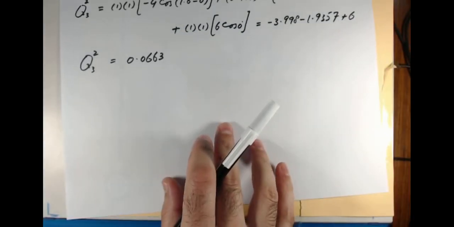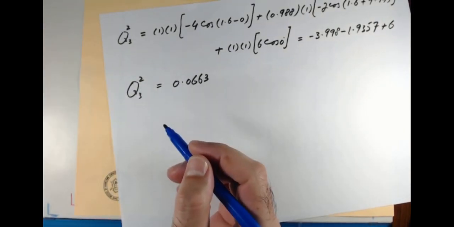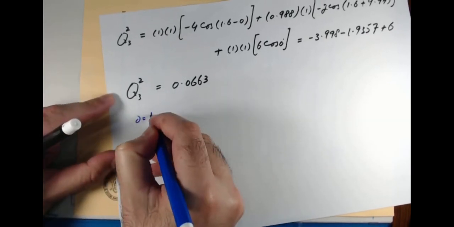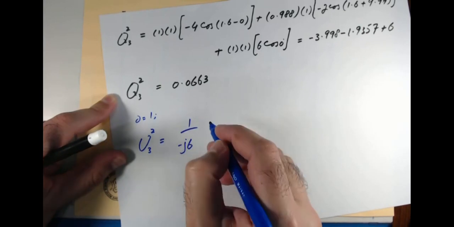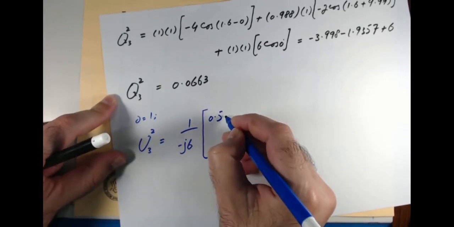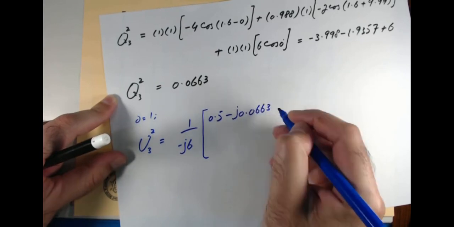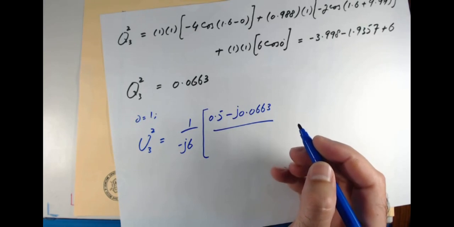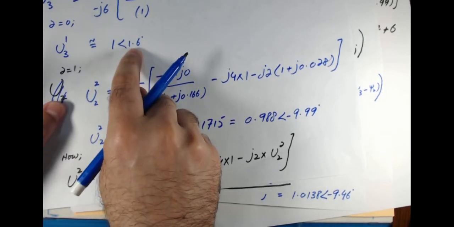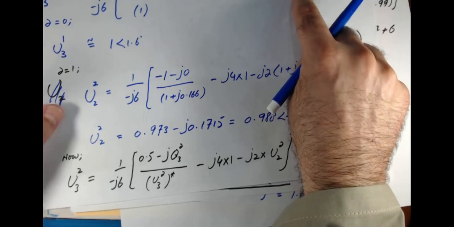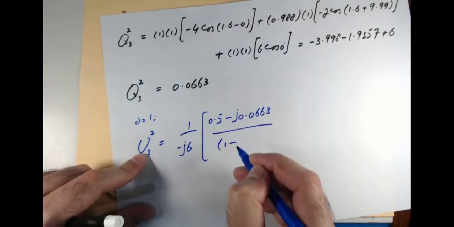So now putting these values, U3 2, now for rho equal to 1, U3 2 becomes 1 over minus J6, 0.5 minus J 0.0663 over the conjugate of the voltage for the first iteration, and that was 1 with an angle of 1.6. So this is this value, which now we will take the conjugate of, that will become a minus. So now it is 1 minus J